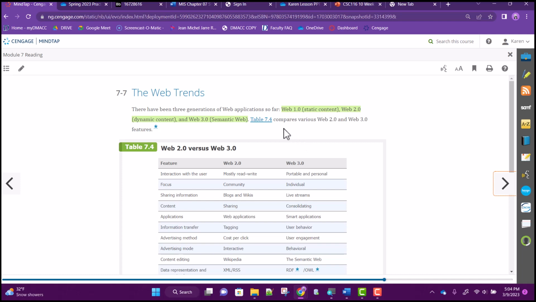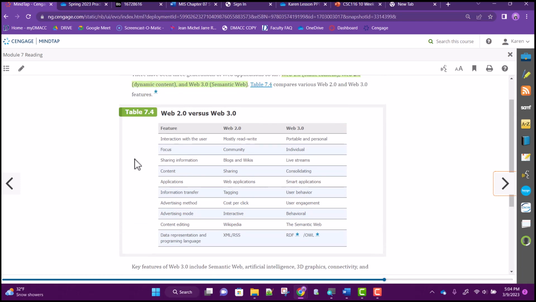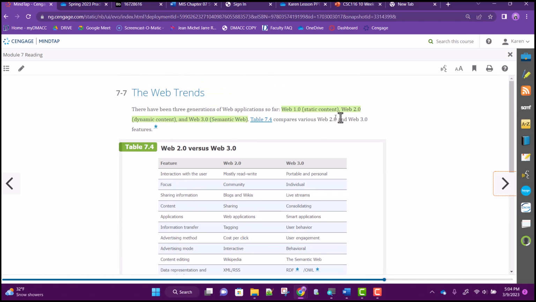It's a very small paragraph, but this one's kind of important, and that is the development in web trends. You're going to want to study this table. There's Web 1.0, which was static content. You guys won't remember this at all, but it used to be a web page would be put up and you couldn't change it. It was static. It wasn't reactive. And basically you had to manually go in and update it